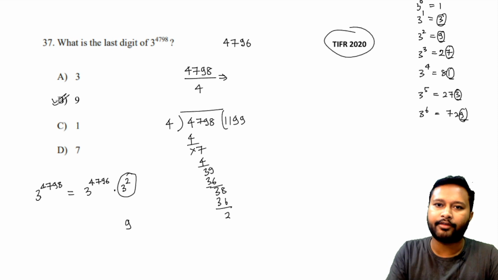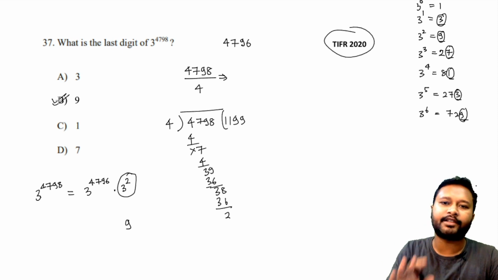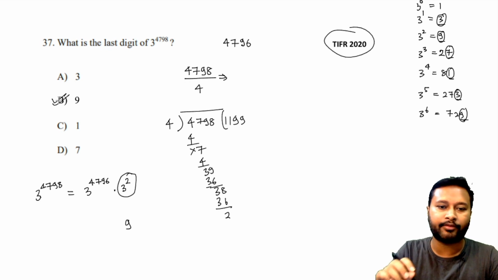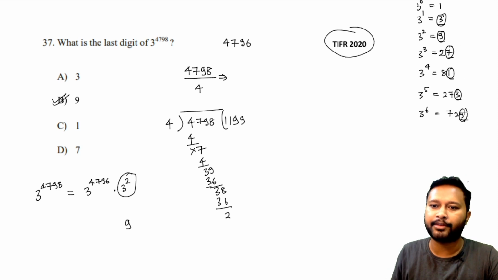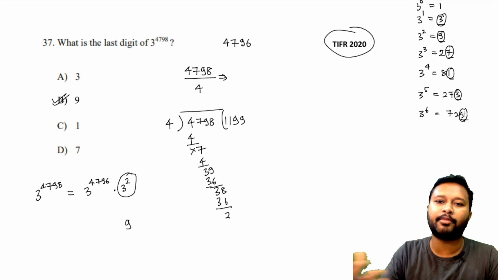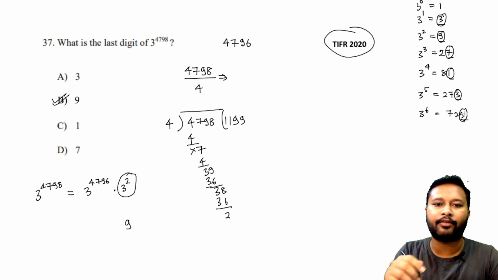That's the way of doing it through the mechanism, stepwise. But let's say you just want to memorize some things, or remember the trick: whenever the power is given to you, you just have to see how the cycle is repeating. Generally in most of the numbers, the cycle repeats after every 4 times. Sometimes in some numbers the cycle may repeat by 5 or may repeat by 2 also. Just like for 5, the cycle repeats by 2, right? Either it will be 5 or 0. So that's how it repeats.